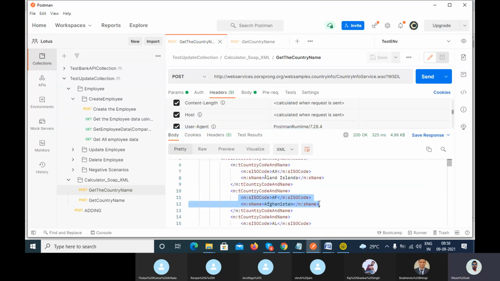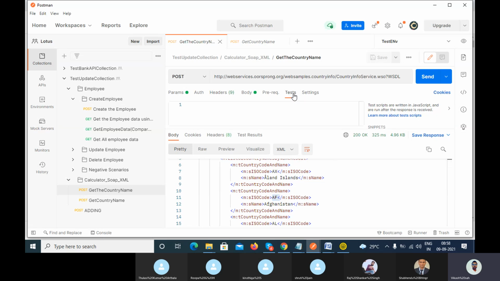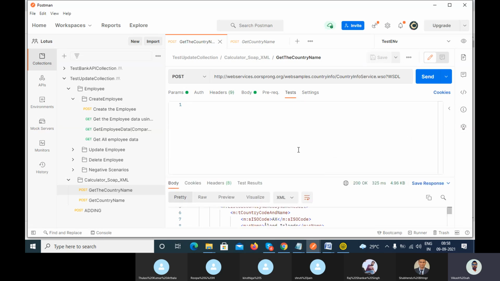So how you can correlate this thing, how you can make the correlation concept, how you can use this country code in the other subsequent call? So what concept we can use it here, the same thing which we did for the REST API,